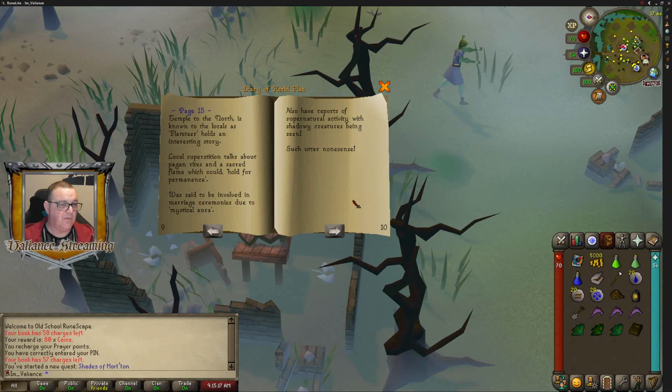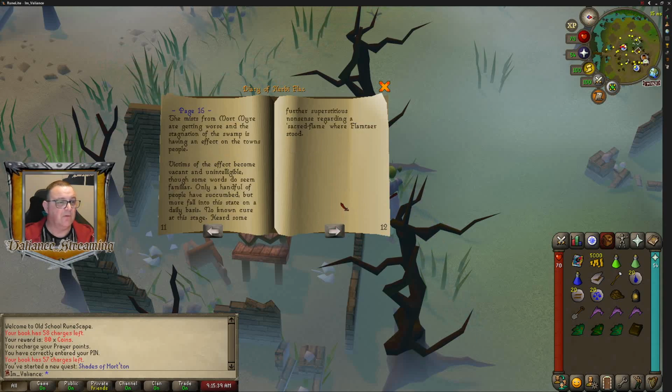An interesting story. Local superstition talks about pagan rites and a sacred flame which could hold for permanence. Was said to be involved in marriage ceremonies due to mystical aura. Also have reports of supernatural activity with shadowy creatures being seen. Such utter nonsense. The mists from Mortmire are getting worse, and the stagnation of the swamp is having an effect